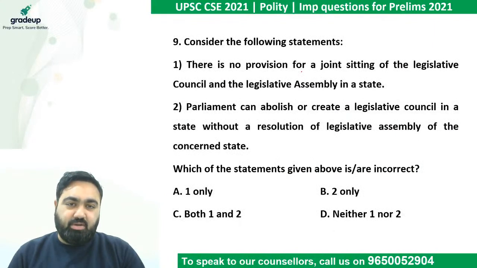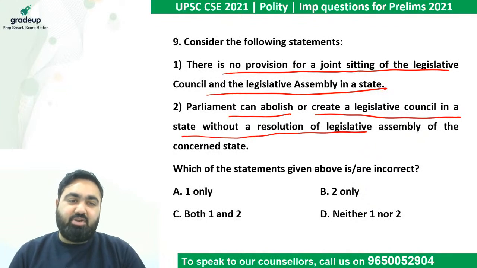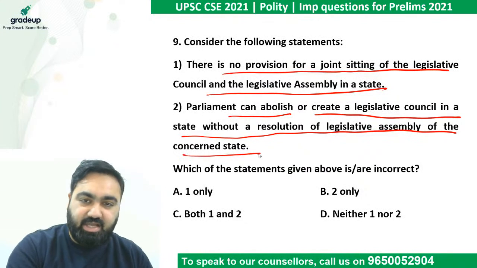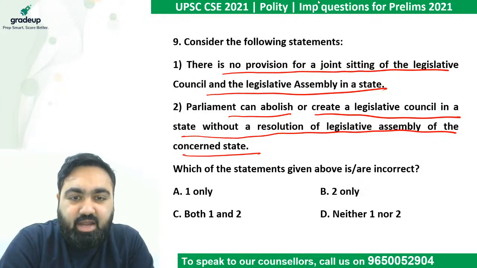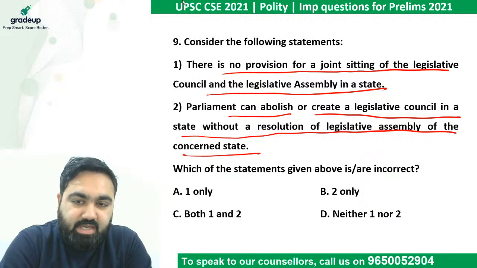Moving on, 9th question. Consider the following statements. Number 1. There is no provision for a joint sitting of the council and assembly in a state. Number 2. Parliament can abolish or create a legislative council in a state without a resolution of assembly of the concerned state. Which of these is incorrect? Read the question carefully and then try to answer this question. See if you can answer this. It's an easy question to answer, guys. If you have read state legislature,